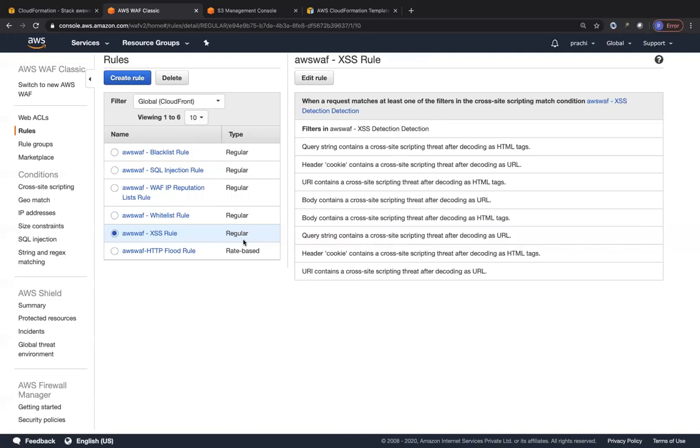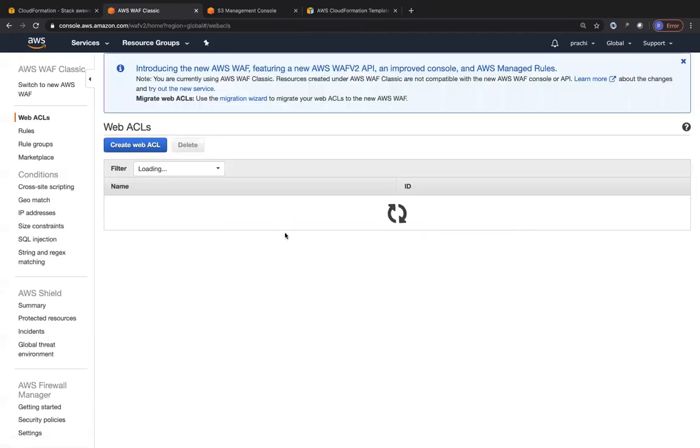If you would like to see some traffic which is being denied by AWS WAF, you can use OWASP ZAP for doing all of your DAST checks, or dynamic checks, and you will be able to see in your WAF dashboard that automatically all of the traffic is being rejected, right?